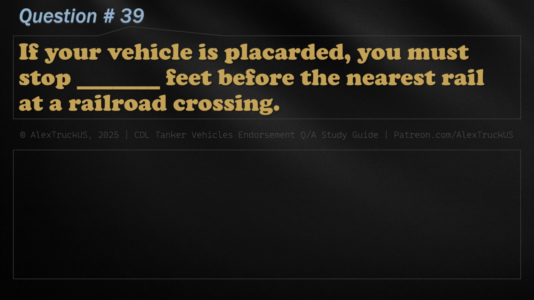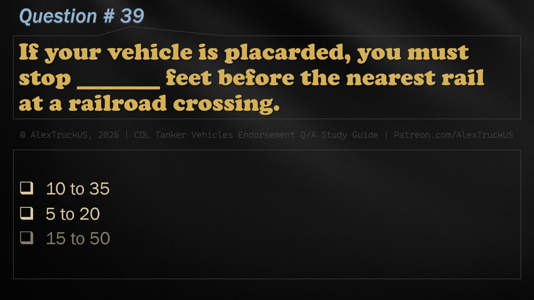Question 39. If your vehicle is placarded, you must stop feet before the nearest rail at a railroad crossing. 10 to 35. 5 to 20. 15 to 50. Correct answer is 15 to 50.